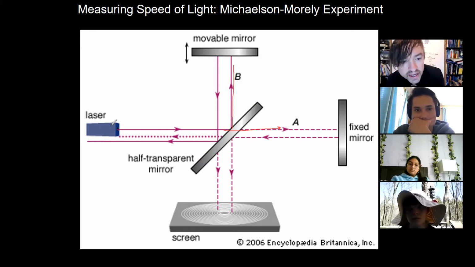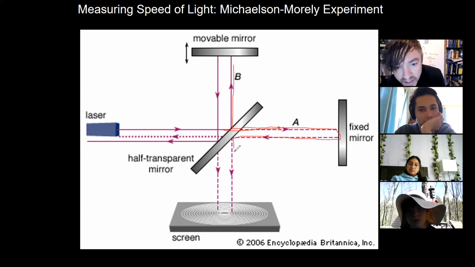What I do is I fire the laser through the half-silvered mirror. One half of the beam hits the fixed mirror, bounces off, hits the half-silvered mirror, and 50% of that beam travels to this screen. Meanwhile, the other path of the beam hits the movable mirror, bounces off, and 50% travels through. So the two laser beams line up again.